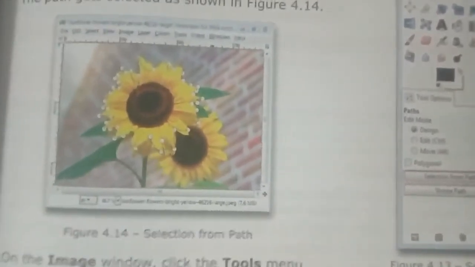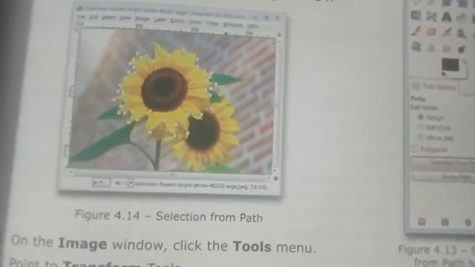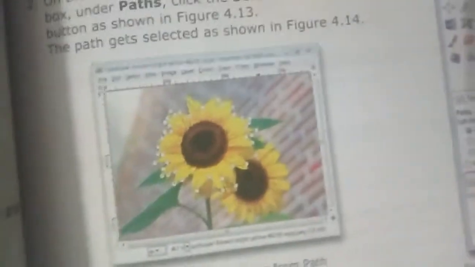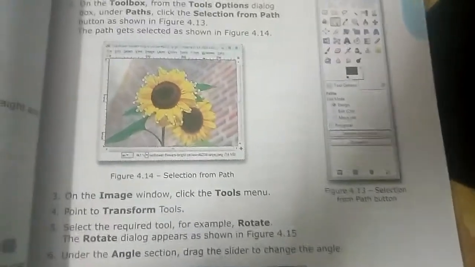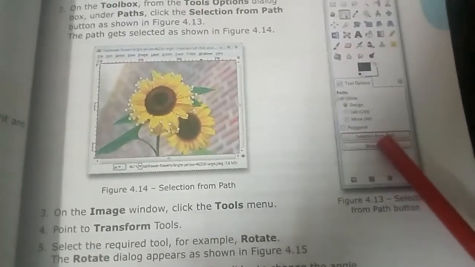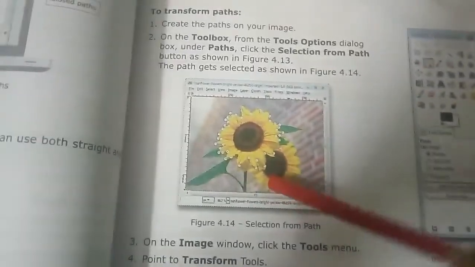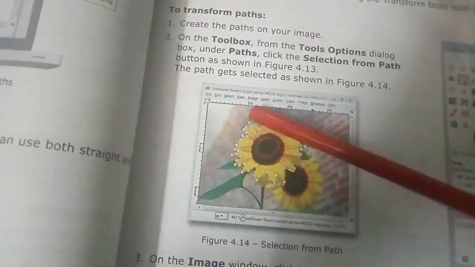There you can see the image on the screen. So this path has been created here. When you select this option, selection from path, you can see on the image this selection, this circle type of structure has come.